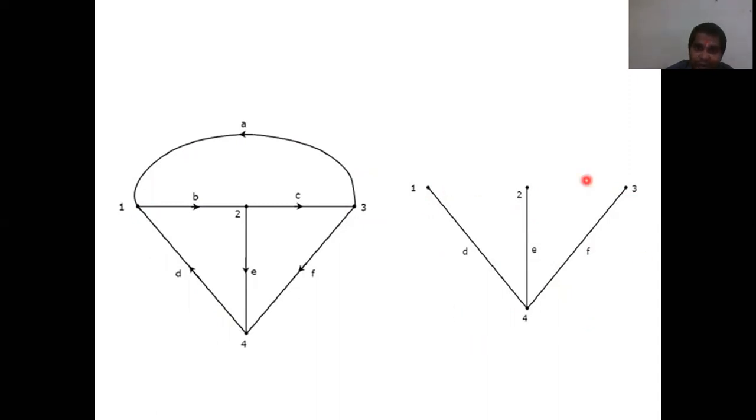So how are we making the tree? How many nodes are present in your graph? All nodes will be present, and you have to connect the branches to connect the nodes, but you should not make any closed path. That is called a tree. And the branches of the tree are called twigs. Branch of tree is called a twig,